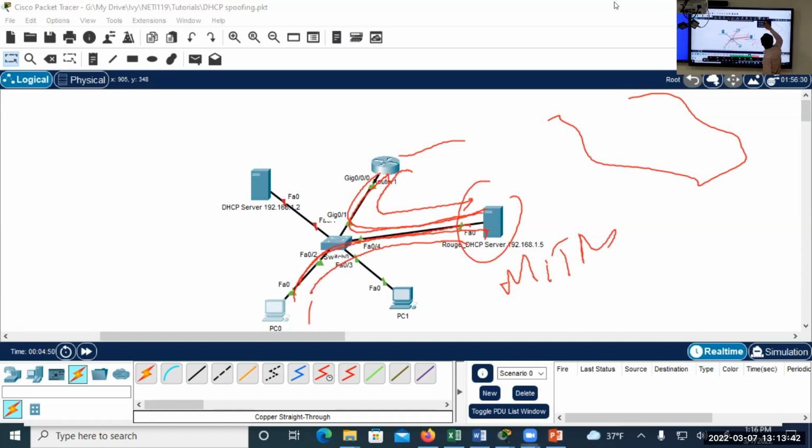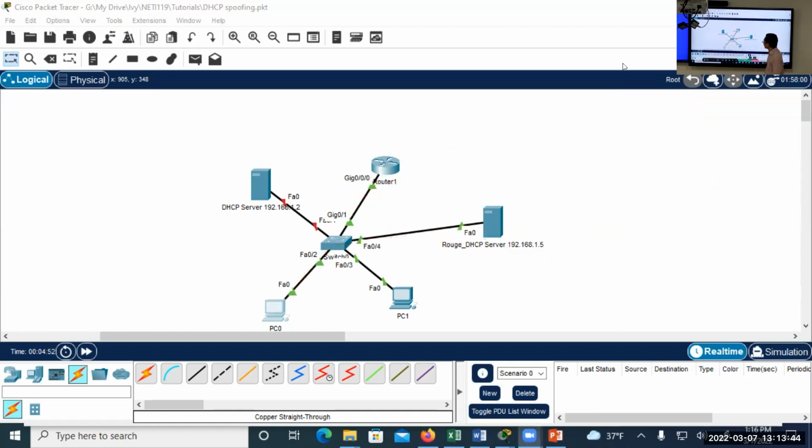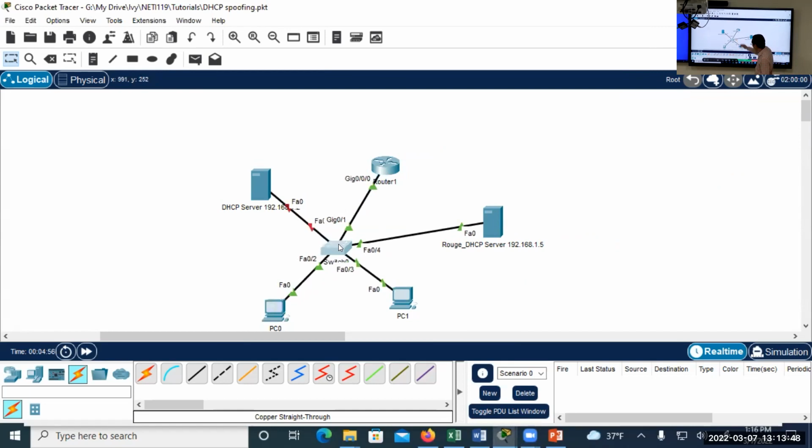So in order to prevent that, you have to configure DHCP snooping in the switch here. You have the ip dhcp snooping. That's the first step. The second step, you have to configure this one here. Sorry, you have to configure this one. It's a legitimate one. This is your trust port. Trust port. That means you know for sure